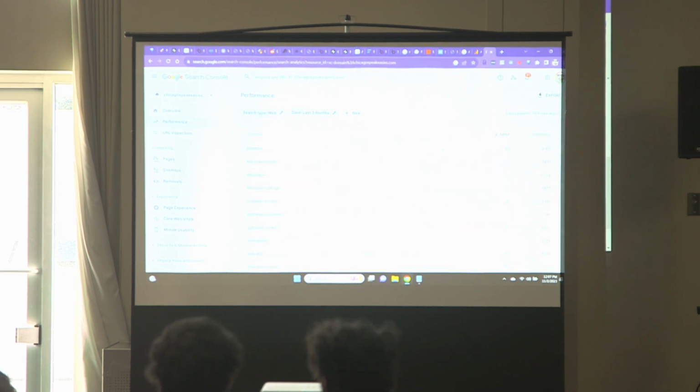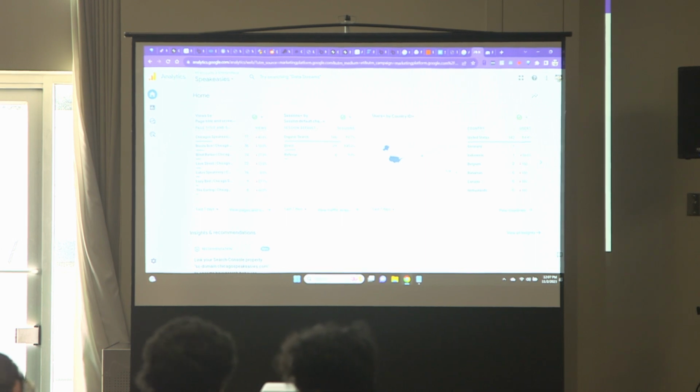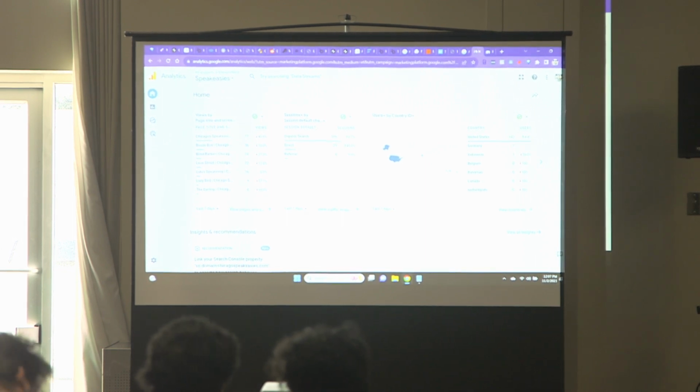It tells me where people are finding it and what they're Googling. They're Googling Goosebox, they're Googling Love Street Chicago, Blind Park. These are how people are finding me on Google. And I also know what pages they're visiting via Google Analytics. But all those are Google tools, easy to pop on your websites.